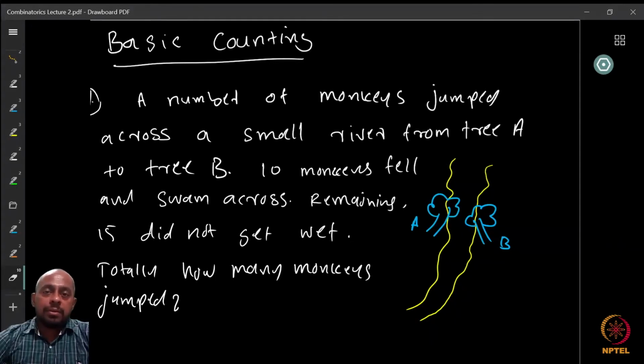So welcome to the second week of this course on combinatorics. And previous week we looked at the pigeonhole principle and some related questions. This week we are going to look at some basic counting techniques, which will be useful for developing new techniques as well as for any question that you might look at in combinatorics.